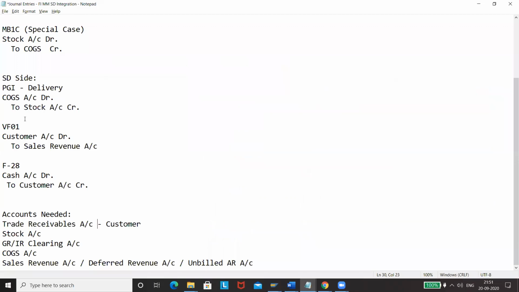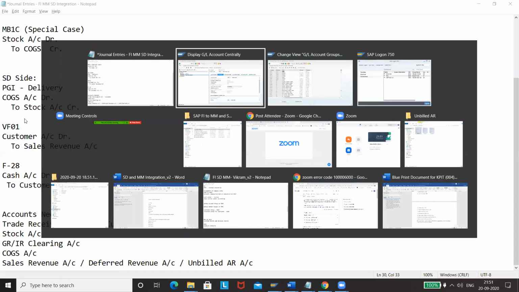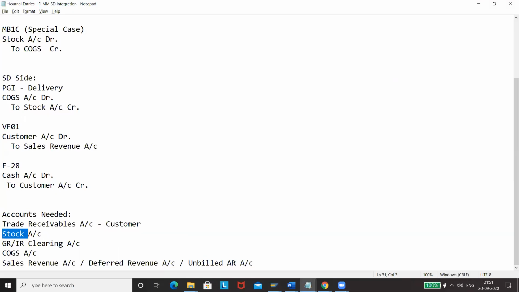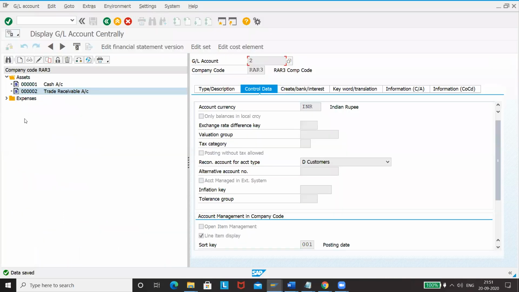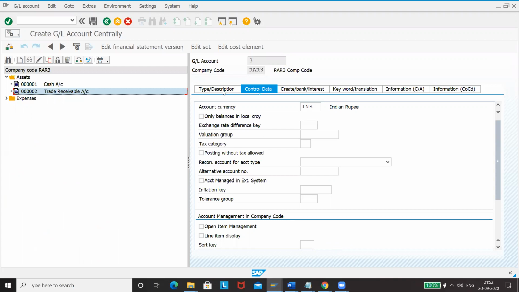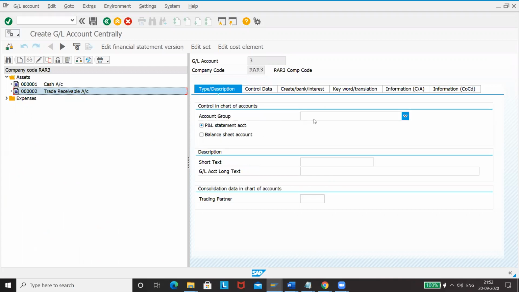This one is done. Now we'll create stock. We can directly go ahead with customer as well, otherwise we'll remember and create the customer later. Let us go ahead with the stock account. Where will that come? It will again come under assets only, so we'll use number 3. This as well is an asset, balance sheet, stock account.